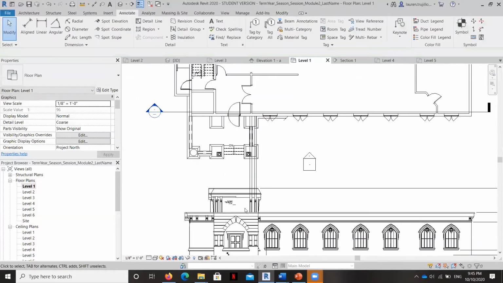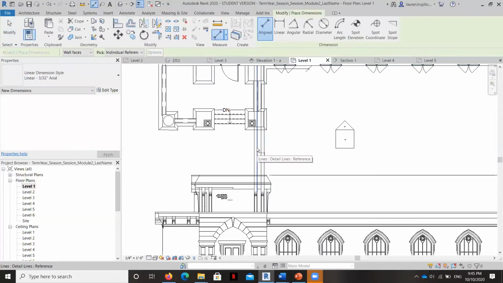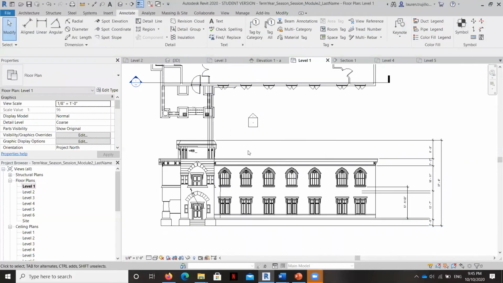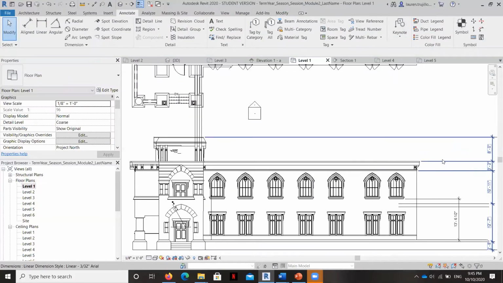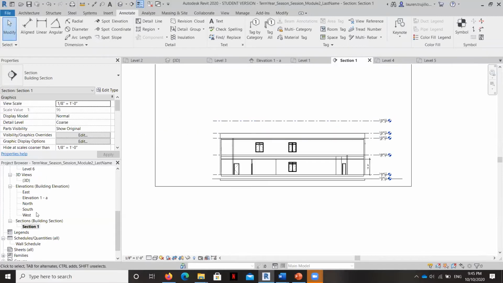Now, I am going to measure the width of these because we're likely going to need to edit a type in a moment. These columns are going to be 8 feet wide, and they're short. They start at this level right here, which, if we look at our section, is level 5, and they are offset from that level.